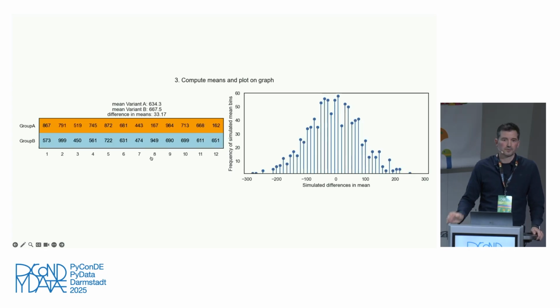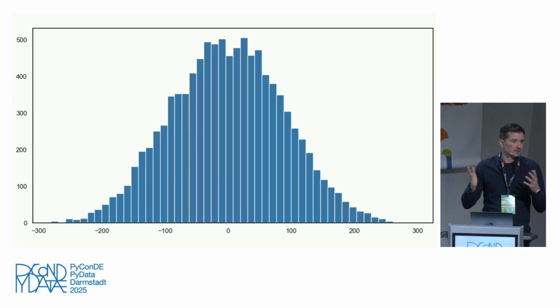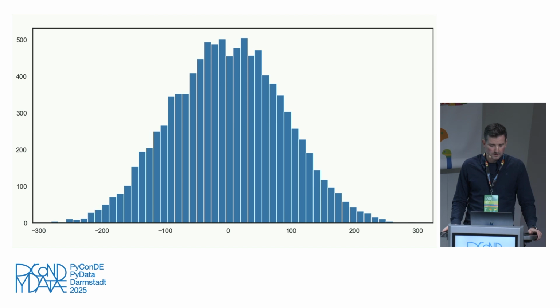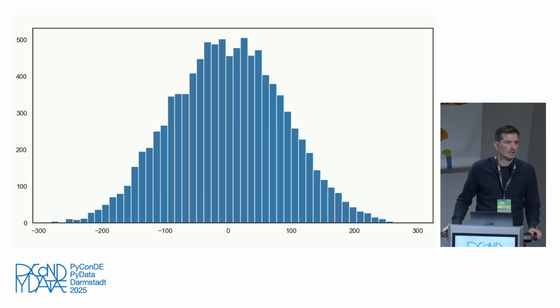So again, this is the basic assumption. And this is probably the most important thing in this presentation. You're assuming that they're the same, so you can use that information. And if you're done, so this is 10,000 iterations, then it looks something like this. And this might remind you of the normal distribution. It's centered around 0, which makes sense if you shuffle it. But this is what you get, right?